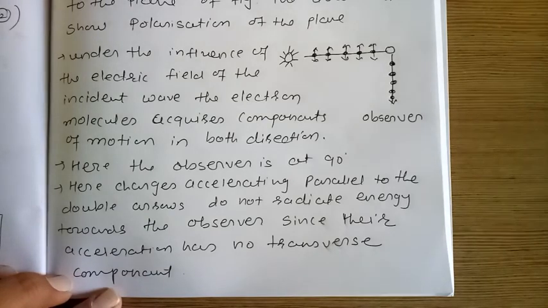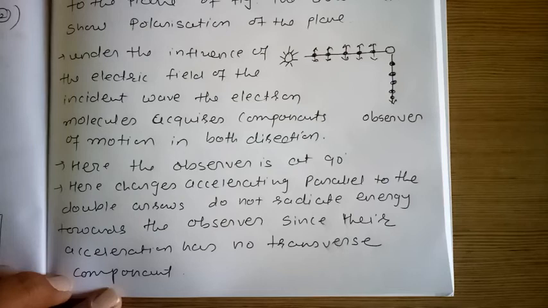Now, the scattering of light by molecules was investigated by C.V. Raman, and due to this, C.V. Raman was awarded the Nobel Prize for Physics in 1930 for this work. I repeat once again, the scattering of light by molecules was investigated by C.V. Raman, and C.V. Raman was awarded the Nobel Prize for Physics in 1930 for this work.